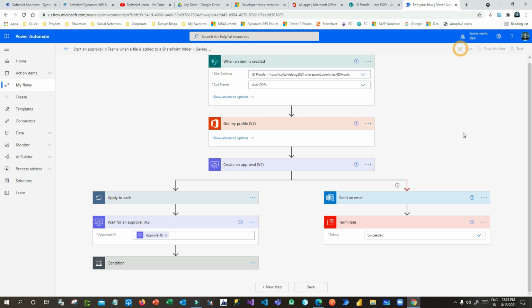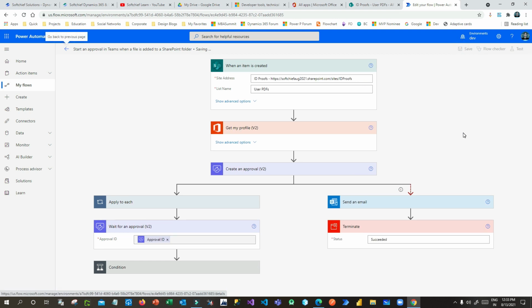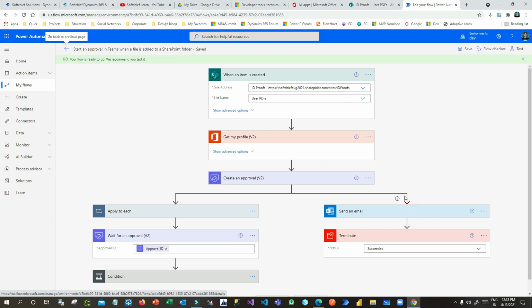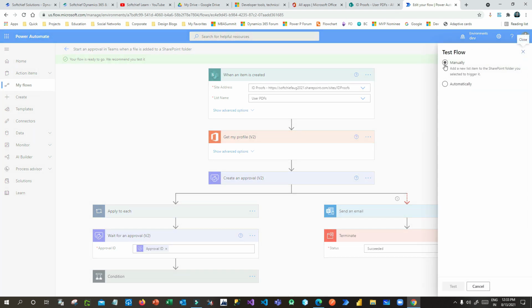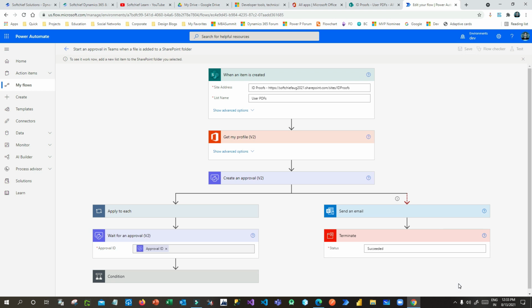Now click on save. Let us test this. Once we save, if any connection is created with an old connection, it will throw an error. Otherwise your flow is ready to go. We recommend to test. Now test this. Click on manual, click test. Now try to create an item in SharePoint.